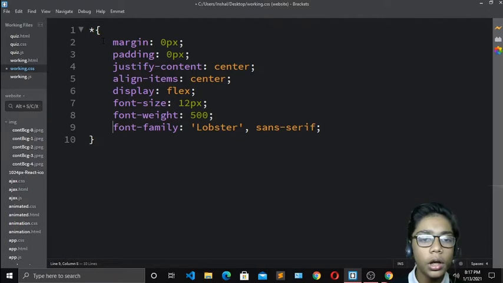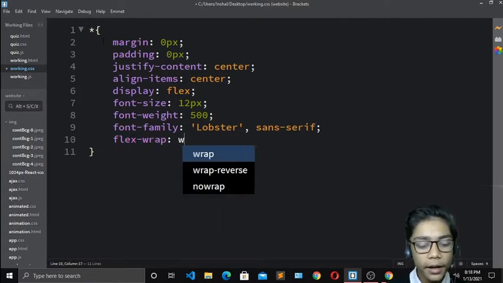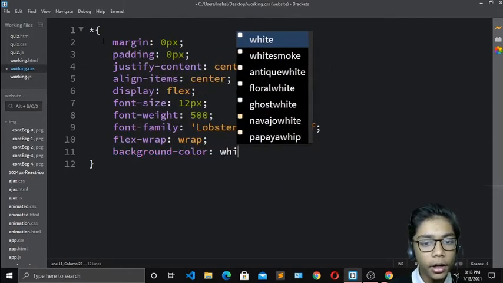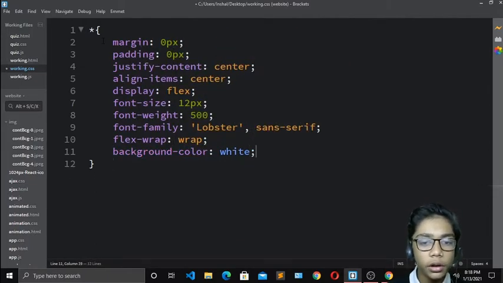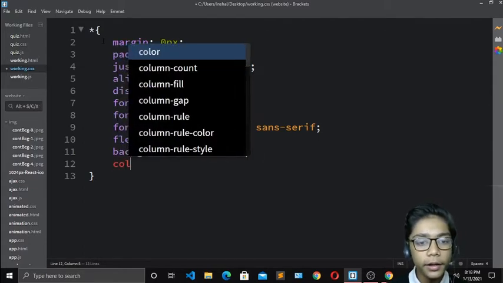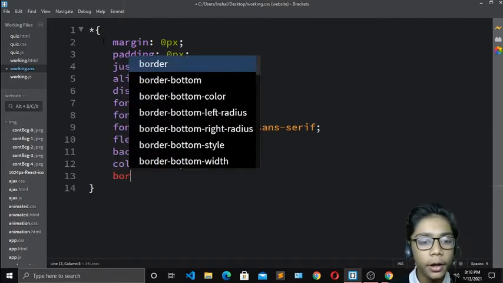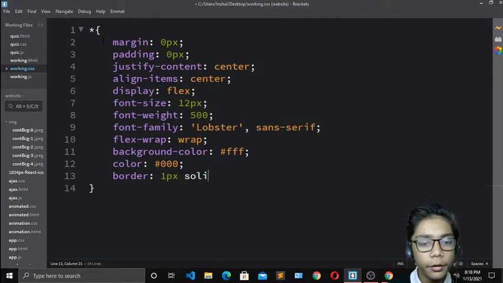Now when you've done all that, come over here and define flex wrap should be wrap. And here the background color was white, so I will define background color white. Now I will erase this white and write the color code of white. Then come over here and write color should be black, because with a white background we can only see the black color, or you can take any color you want, but I am just taking black. Then I will write border should be one thick solid white. And now it is enough. Just do it like that.